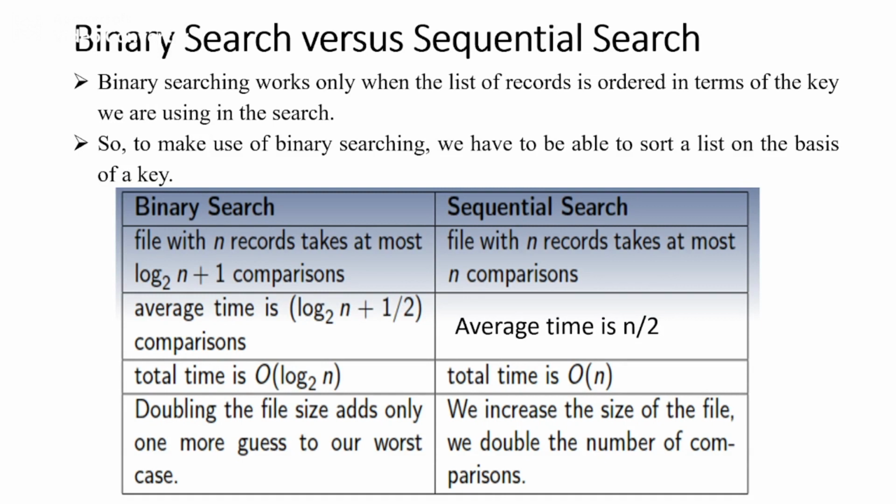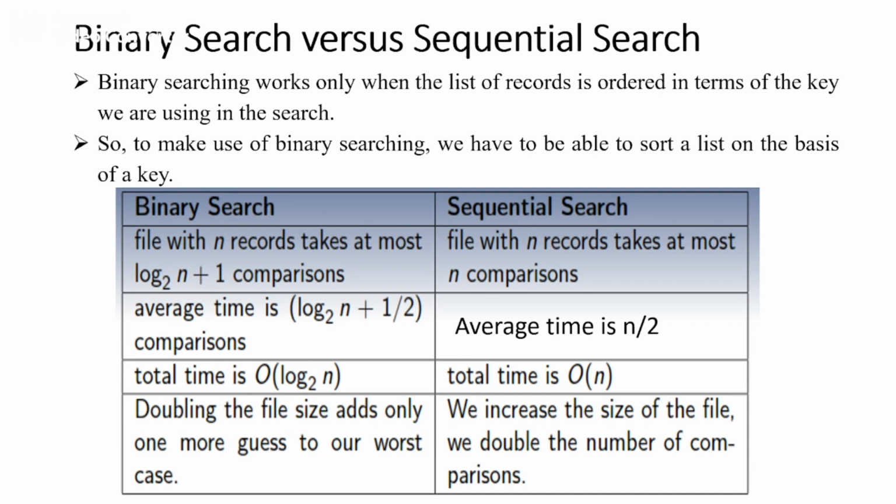So now let us go for binary search versus sequential search. We have already seen what sequential search is, where a record will be searched from the beginning. It will start one by one record and go on accessing all the records. When you reach the record which you want to search, at that position it will wind up saying record found. If that record is not there in your file, it will go till the last record and wind up saying no record found. So this is your sequential search.